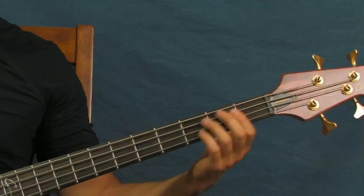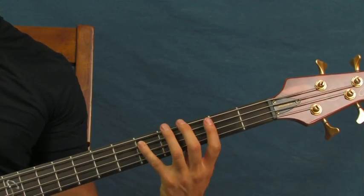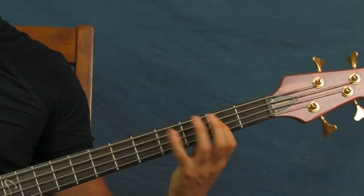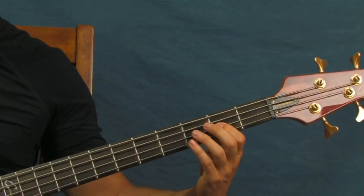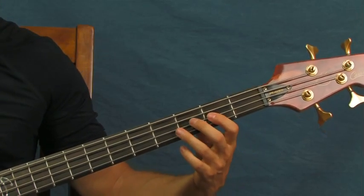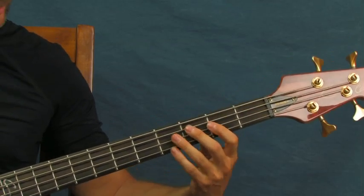What you got there is you're hitting twice on the 2nd fret of the A string. And then one more, and then really quick to the 5th fret of the A string. And then the 2nd fret of the D string. Just like that. And then you do this really cool part here where you're going chromatically up 2, 3, 4 on the D string, and then 2, 3, 4, of course, on the G string. So in all,